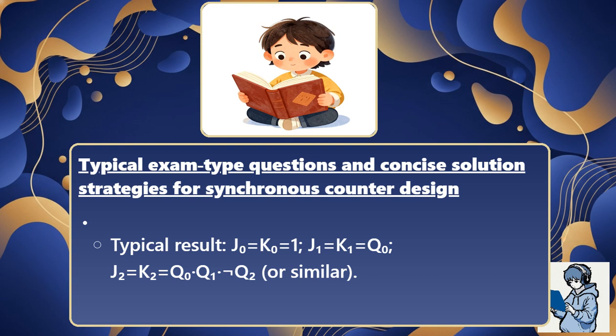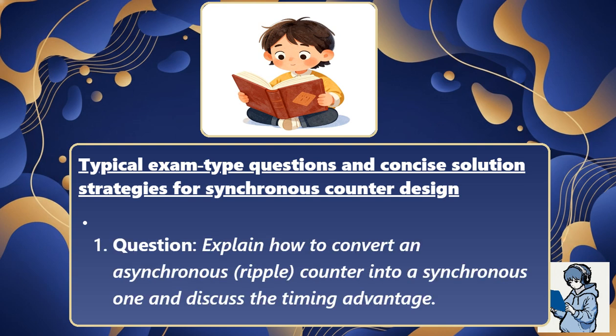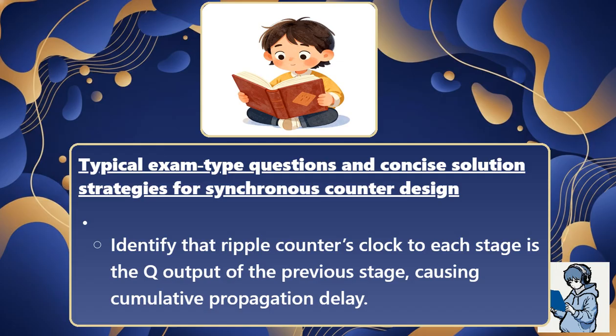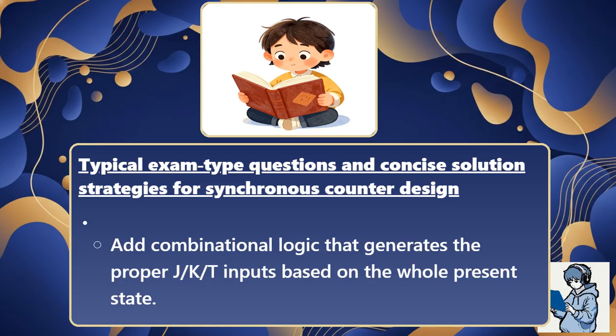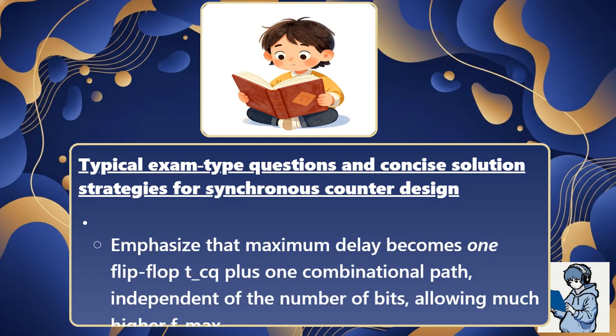not Q2 or similar. Question 3: explain how to convert an asynchronous ripple counter into a synchronous one, and discuss the timing advantage. Identify that the ripple counter's clock to each stage is the Q output of the previous stage, causing cumulative propagation delay. Replace the cascading clocks with a single common clock. Add combinational logic that generates the proper J/K/T inputs based on the whole present state. Emphasize that maximum delay becomes one flip-flop T sub CQ plus one combinational path, independent of the number of bits,